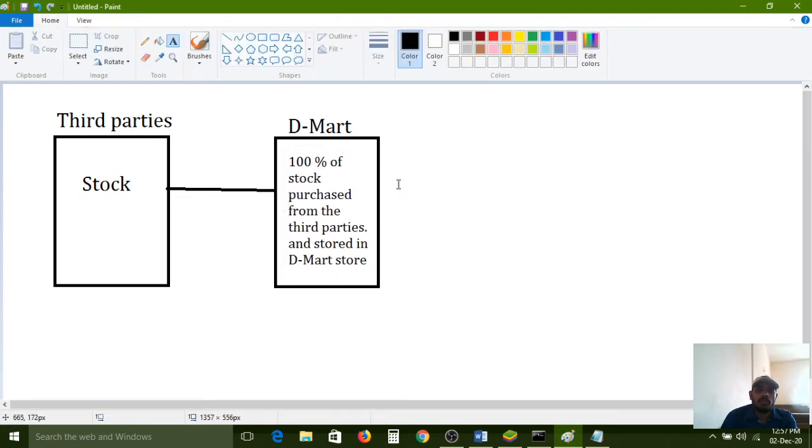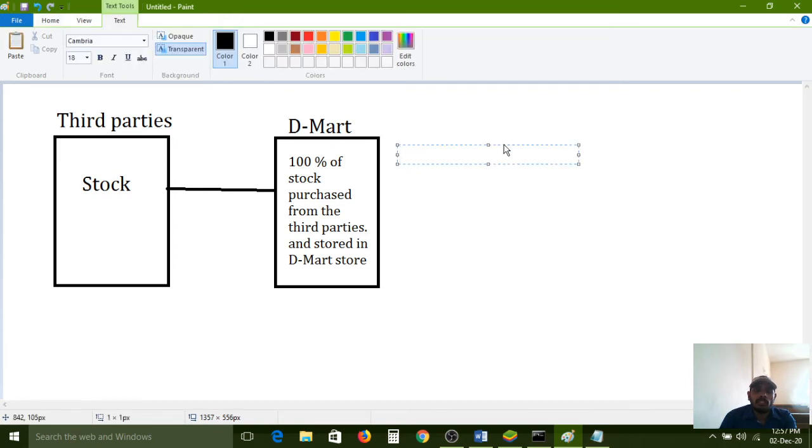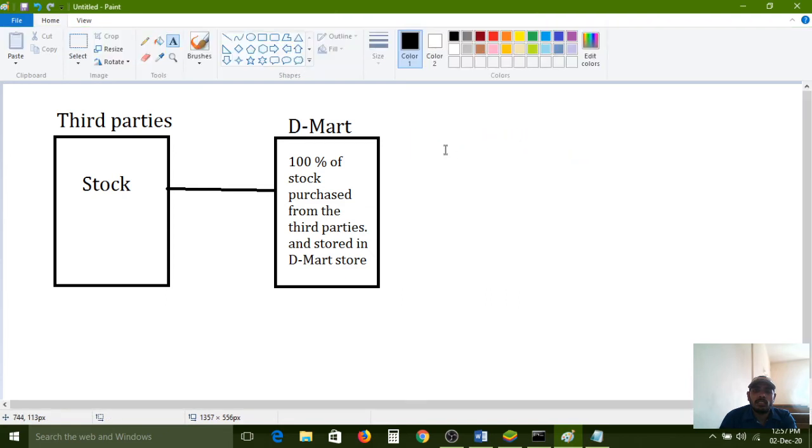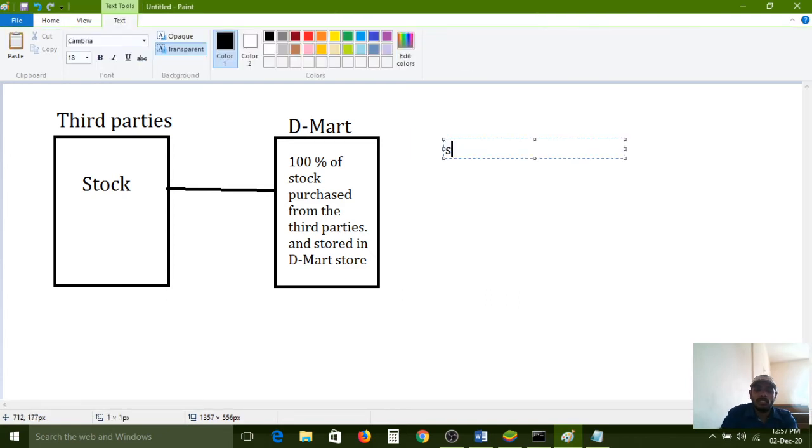So that is the concept. After that, they need to sell. Salespersons sell some percentage of the stock daily.